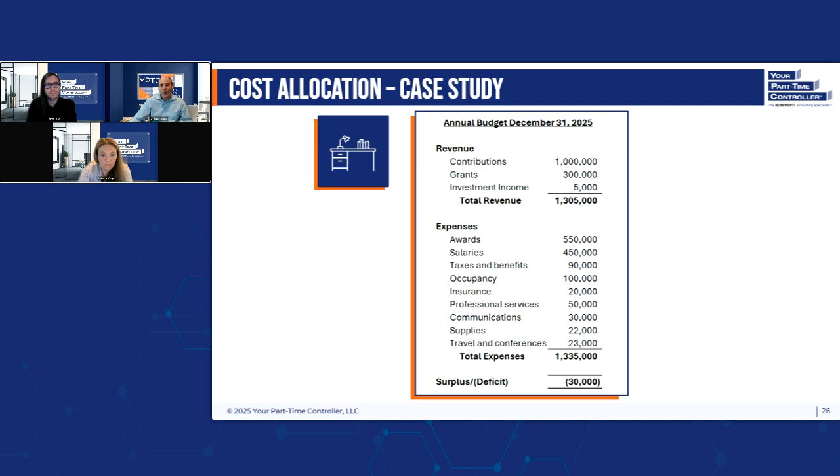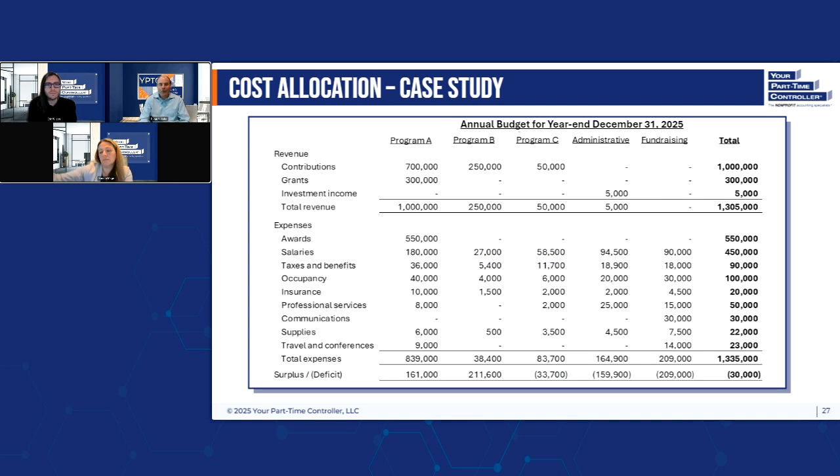So let's change the way that we present this budget. If we present it showing our programs and our support services and allocate the cost accordingly on a budgetary basis, this will help us get a clearer picture on why there is a loss. This is vital for decision-making purposes. Now, if I just glance through here real quickly, look at that, I found our culprit. Program C is reflecting a